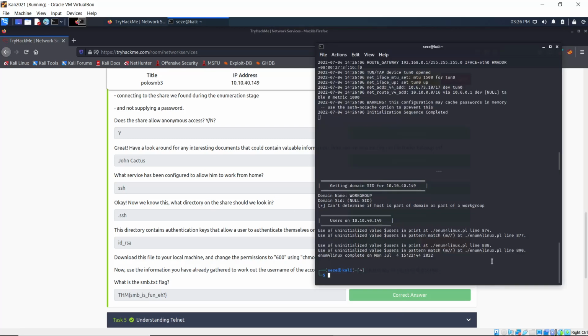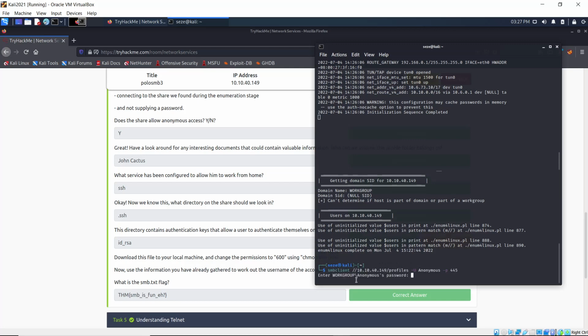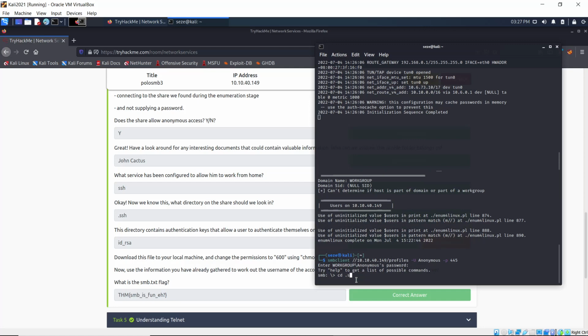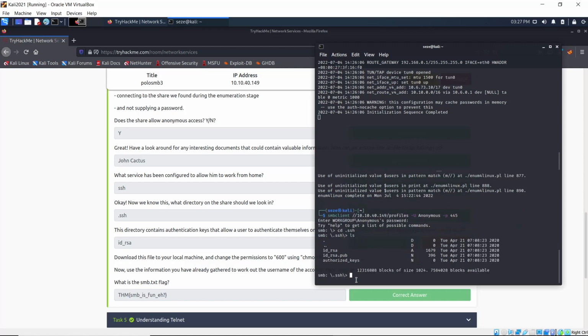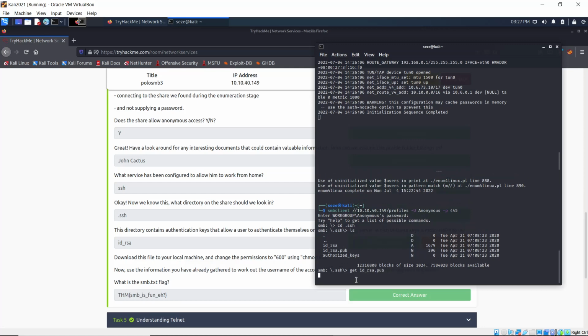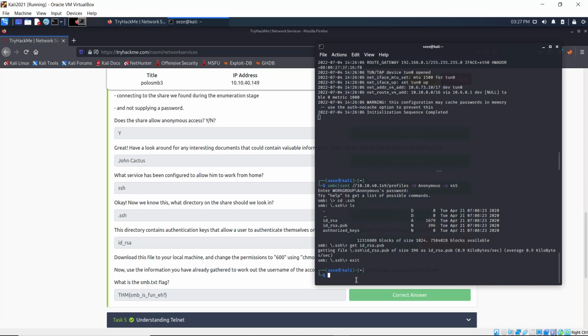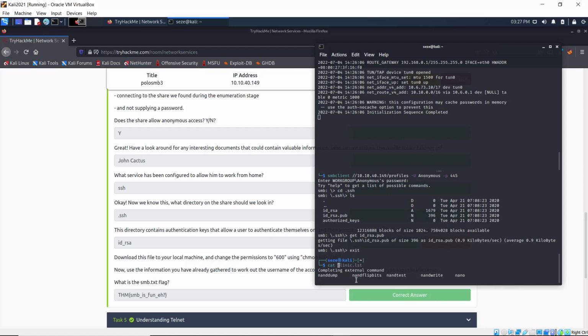So one way we can get the username should be from the public key file. And if you remember, when we connected to the server using the SMB client, and we go into the SSH folder, there's a public key file here. So we can also get the public key file. Now if we go back to our local machine and rather just cat it, the public key file,